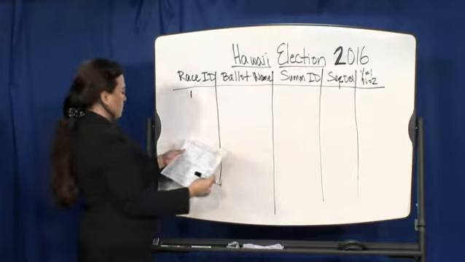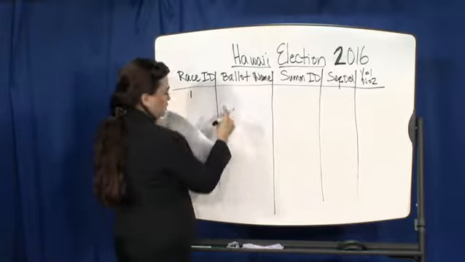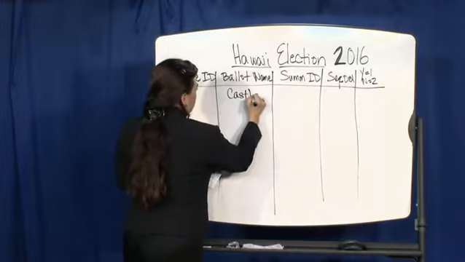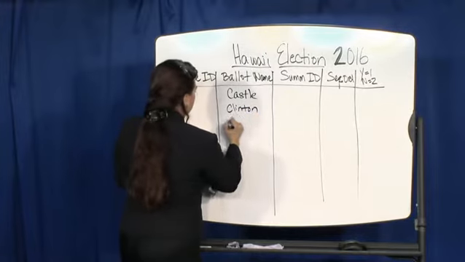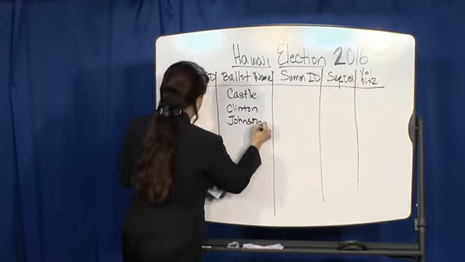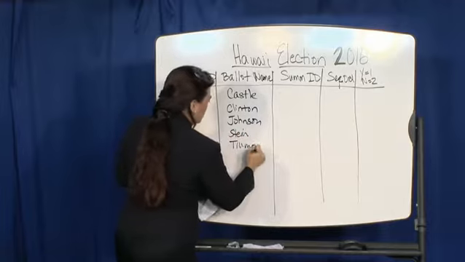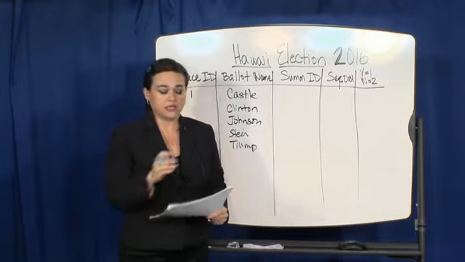Race ID: 1, 2, 3. Okay, race ID 1 is the first race, which was the presidential race. Let's look at Castle, Clinton, Johnson, Stein, and Trump. Now what you're going to notice as you put together a database from all the previous years,